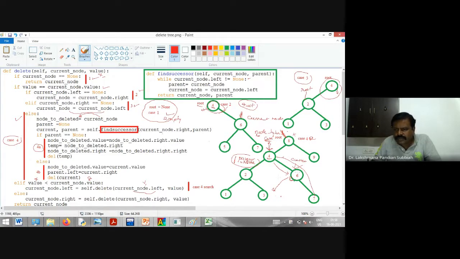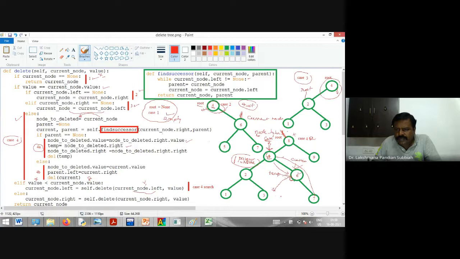So this value 6 is going to be copied here by this statement, and then we take this node as a temporary node: temporary node equal to node to be deleted right.